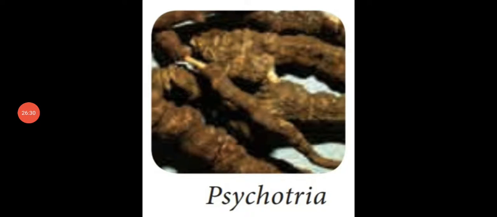Dear students, see the diagram. This is the Psychotria. Example for, what is that one? Annulated root. See the root. They are showing the ring-like appearance with regular intervals. See the first one. A ring-like appearance with regular intervals which store the food material, and the swollen appearance. That is known as annulated root. Example, Psychotria.